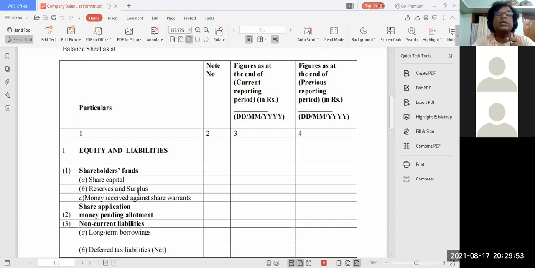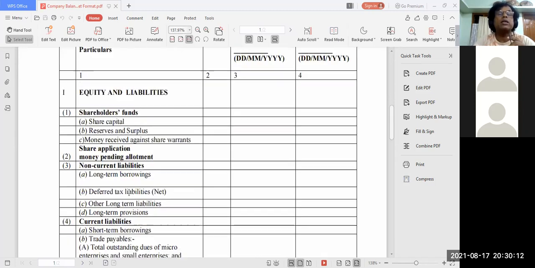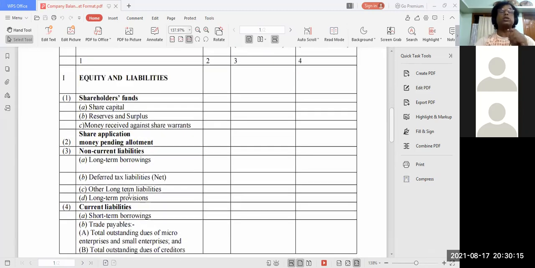Then after that, reserve surplus, next day I'll be explaining what comes under this. The reserve surplus you calculate, and then it will be coming here. Then money, all these things, whatever connected to the shareholders fund will be coming here. I'll be taking one more class to explain these small items clearly. Once again, you will be loving that second class, but now in the preliminary class you see it this way.